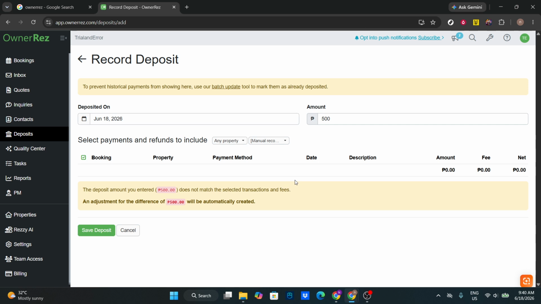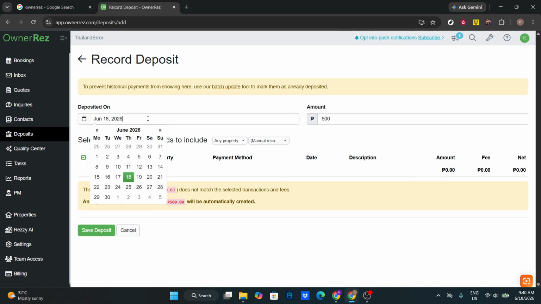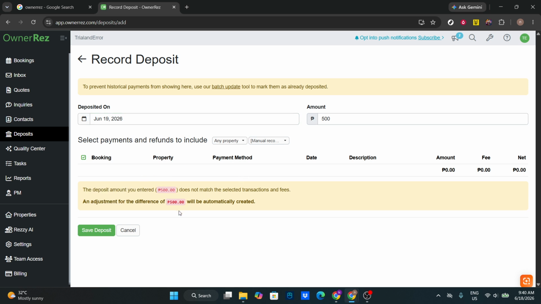It's important to ensure that the combined amount of the selected items matches your bank record exactly. This step helps keep your accounting clean and prevents reconciliation issues later. Even a small difference can create confusion, so it's worth double checking before moving on. If the total doesn't match, pause and review the selected transactions to make sure nothing extra was included and nothing was missed. Once you've confirmed that the total in Ownerrez is identical to the amount shown in your bank account,